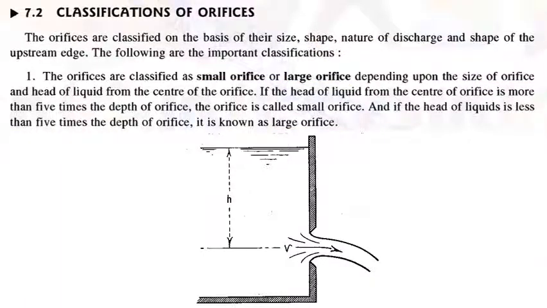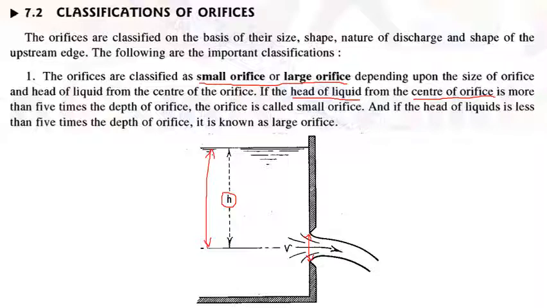To make the difference between small orifice and large orifice more clear, you can refer to the figure. We have an orifice here on the side of a tank with fluid, and fluid is flowing through the orifice. This is the head of the liquid H, which is the height of the liquid above the center of the orifice. If this H is more than 5 times the depth of the orifice, this is the depth of the orifice, that is the diameter,